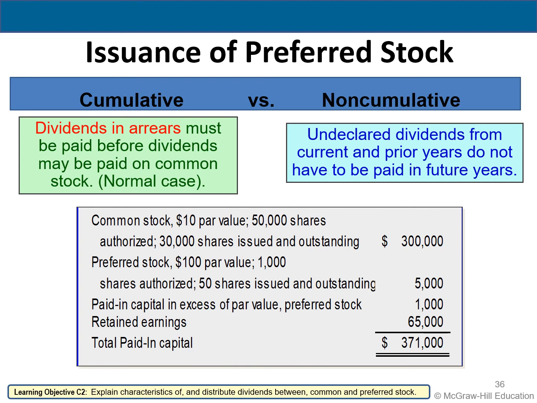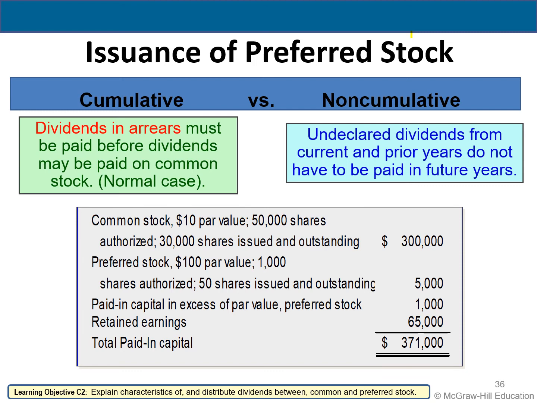Most preferred stocks give them cumulative dividend rights. So they get to be paid both current and all prior unpaid dividends before any dividends are paid to common stockholders. When preferred stock is cumulative, and the directors do not declare a dividend to preferred shareholders, or they declare one that doesn't cover the total amount of the cumulative dividend, the unpaid dividend amount is called dividends in arrears. The accumulated dividends in arrears on preferred stock will get paid before common stockholders, well, it doesn't guarantee, but if the money is available, they will.